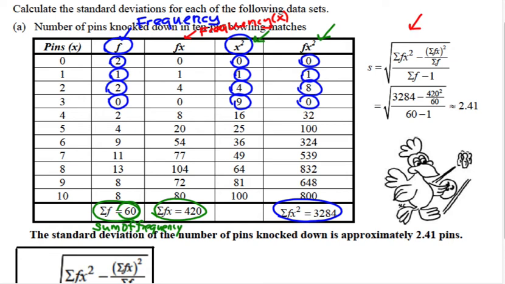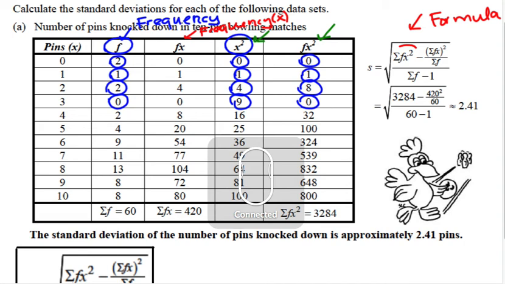All right, so I'm just going to erase these for a minute so you can see what we're going to work with. So we have that formula right here, and we're going to throw our values in from our chart. So the first thing is the sum of f of x squared. I just lost my smartboard. The sum of f of x squared, so you go down to your chart and say, where is the sum of f of x squared? Right there, so you're going to plug in